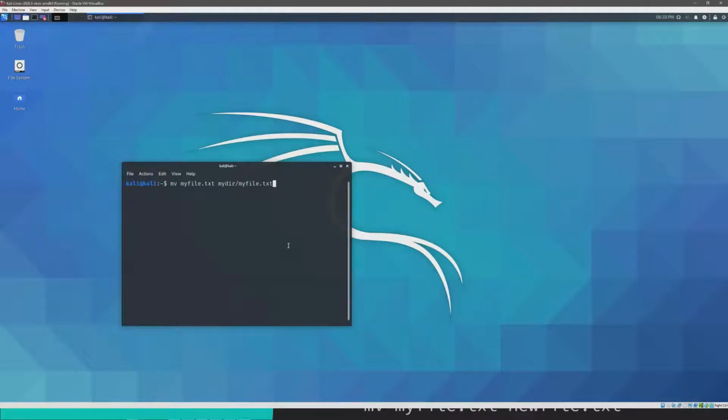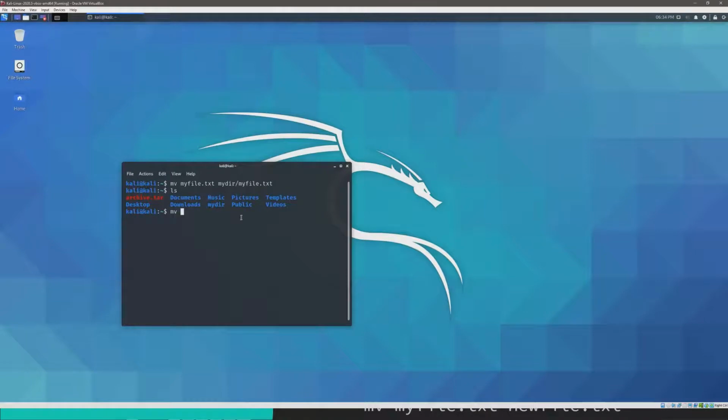And then keep the name the same. So when we ls, myfile.txt is gone. So that's pretty much the behavior that we expected since we moved it over. Now, since that's gone, I also want to demonstrate that you can also use the mv command to rename files. So technically what it's doing is actually moving the file to the same directory you're in, in this case I'm talking about, and just renaming the file.